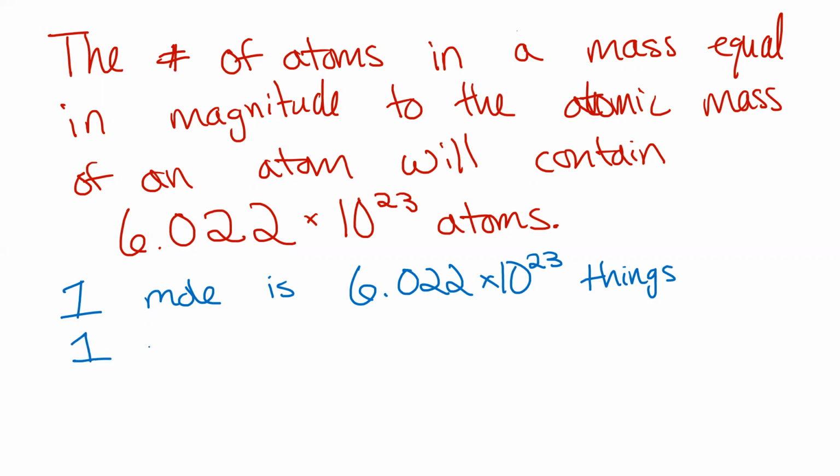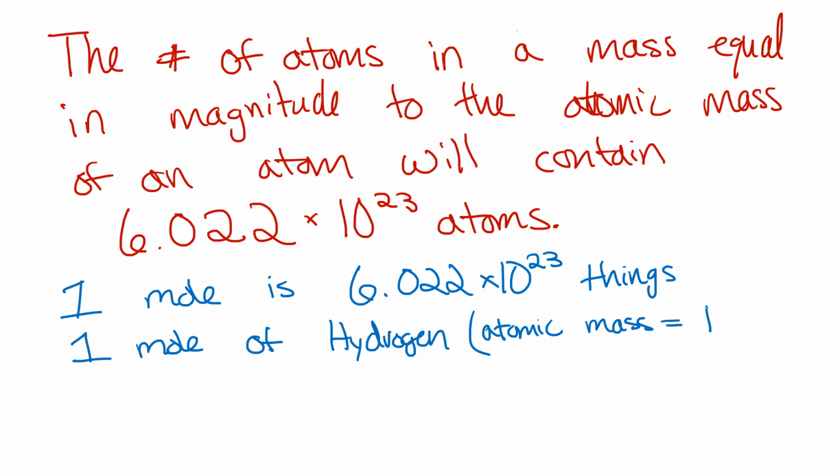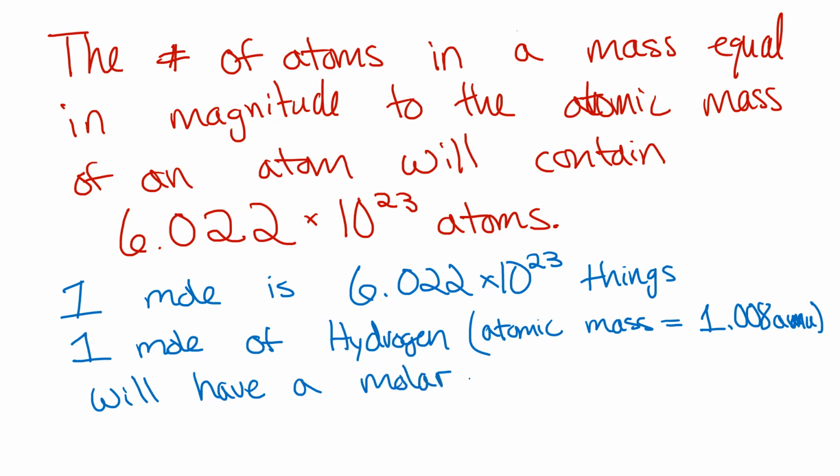And 1 mole of hydrogen, which has an atomic mass equal to, let's say, 1.008 AMU, will have what we call a molar mass of 1.008 grams per mole,